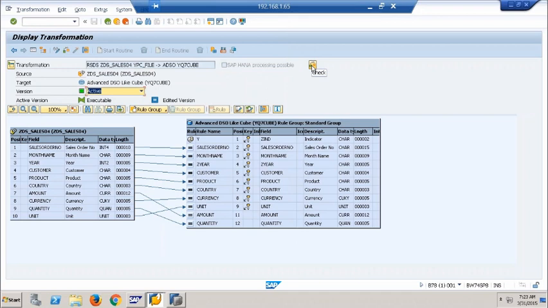Suppose I wanted to write some complex routine where I'm doing some lookup or something. When I write it with ABAP, these transformations cannot be pushed down into the HANA database. So the question is, let's say I would like to implement some complex routine or complex logic for feeding some fields, but still I want to push the logic down into the HANA database so that the performance of my transformations is fine. So this kind of concept, like say you have got BW with some relational database, non-HANA, and you